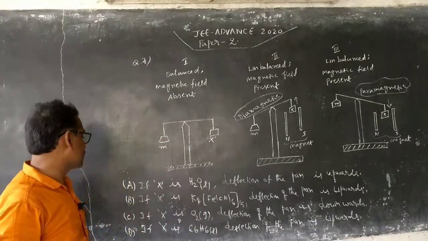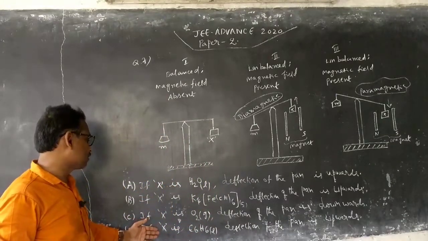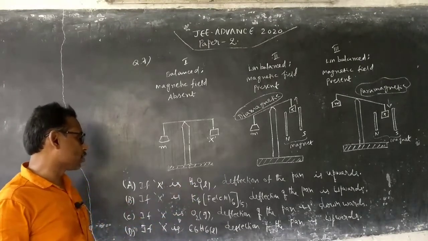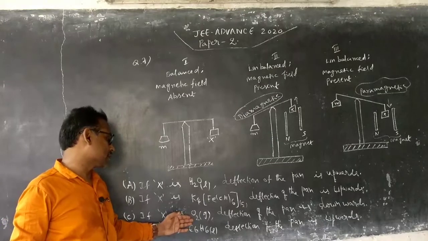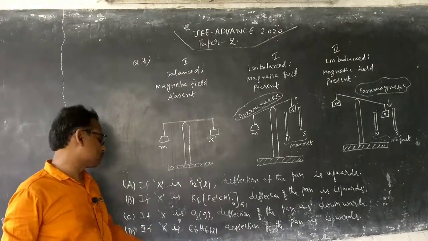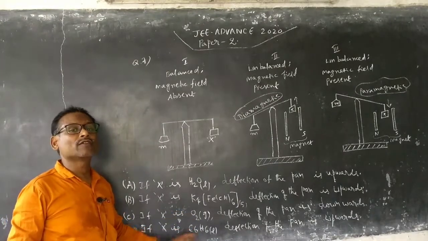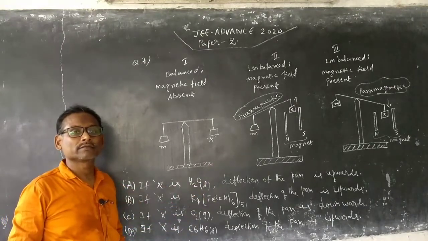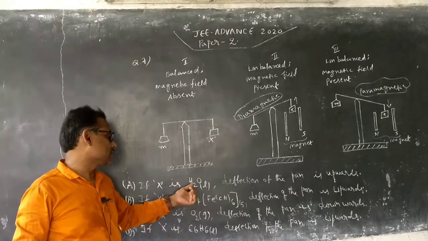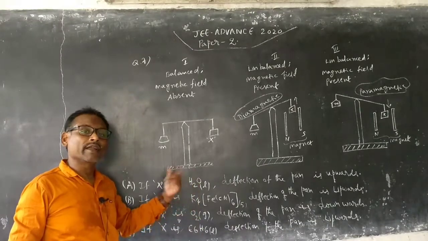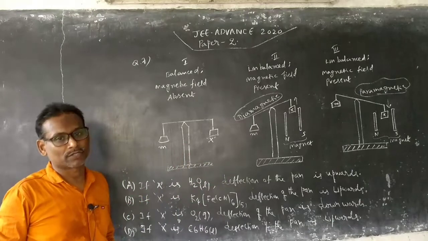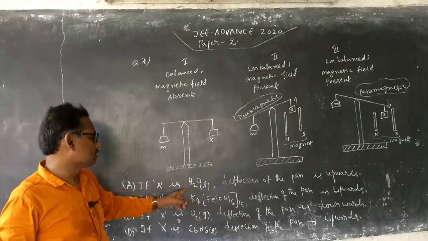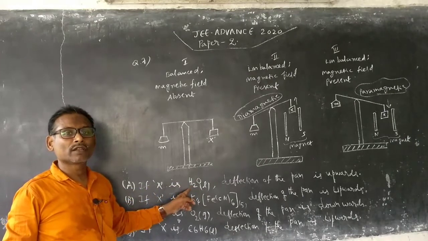So here, 4 different substances X are given. The first option is H2O liquid, the second option is potassium ferrocyanide in solid form, the third option is oxygen in gaseous form, and the fourth option is benzene in liquid form. And their behavior has been given. If you know theoretically what their nature is, whether paramagnetic or diamagnetic, then we can answer the right options. See, for example, H2O liquid. What is the nature of H2O liquid as per your knowledge?